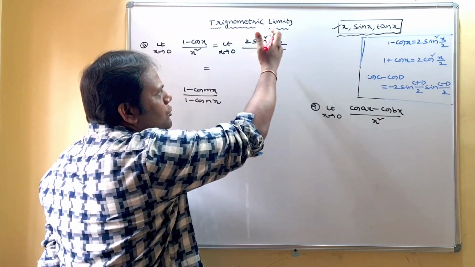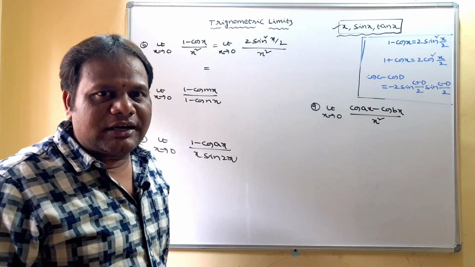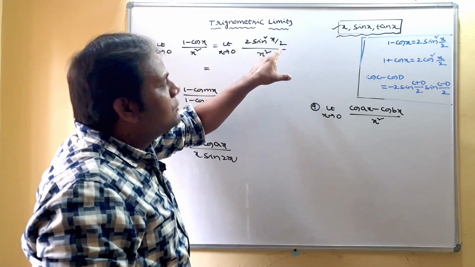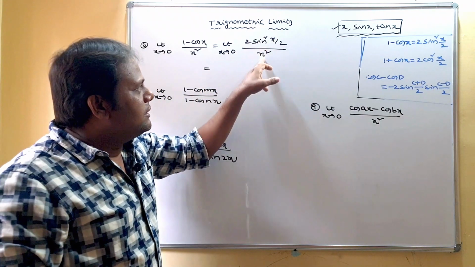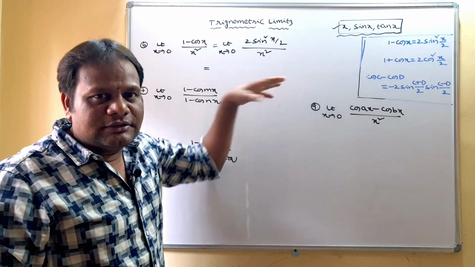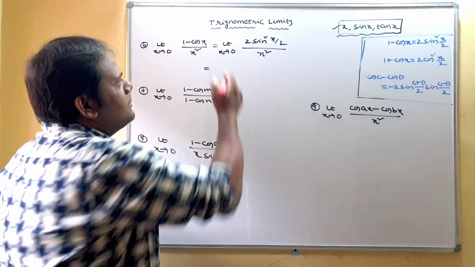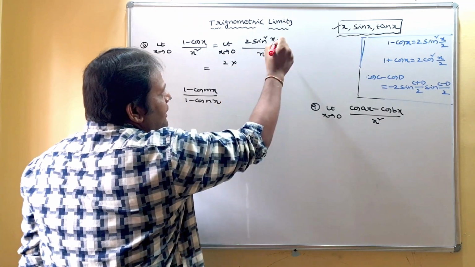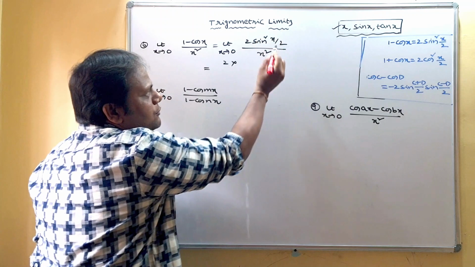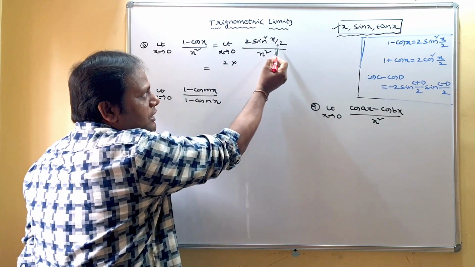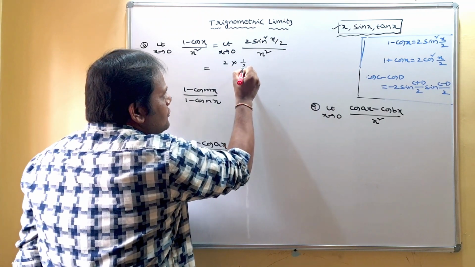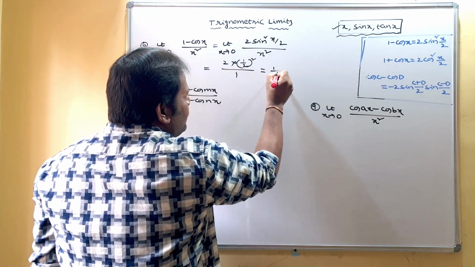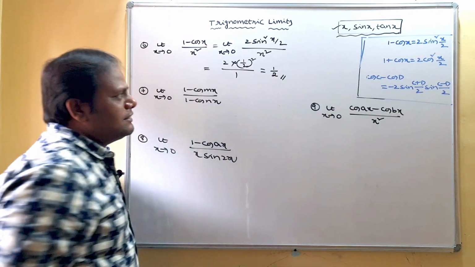Now you count how many x are there in both numerator and denominator. Here we have x and here square, so in numerator we have 2x. In denominator also we have 2x. So you can apply the shortcut. What is the answer? Coefficients. First 2 into, here the coefficient is 1 by 2. Square we have, so 1 by 2 whole square. Denominator anyhow 1. So 2 into 1 by 4. So the answer is 1 by 2.